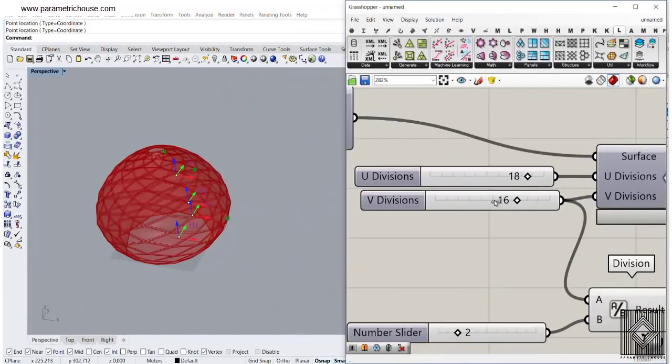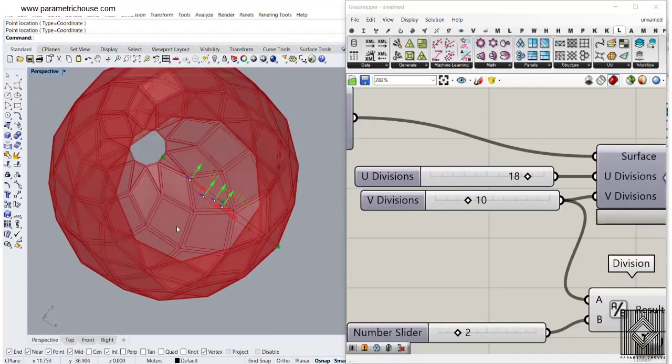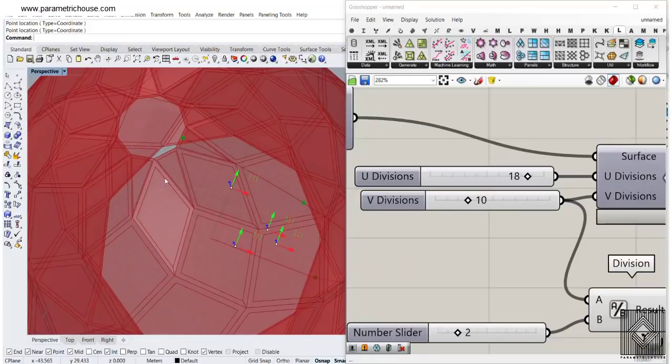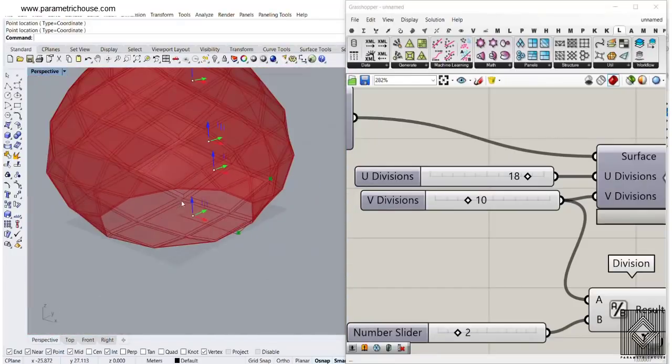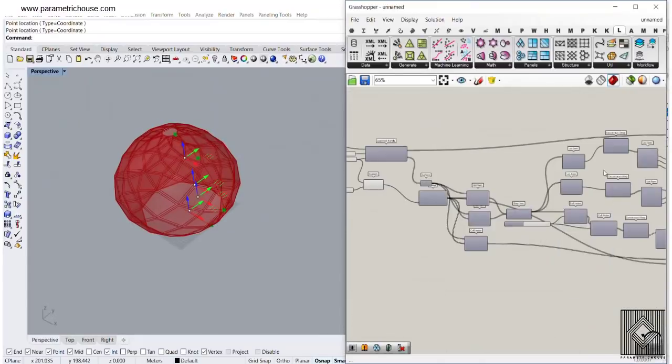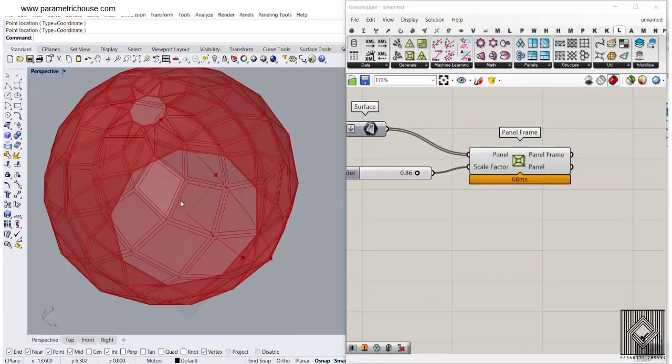That's it for today's tutorial. And you can see how easy it is to produce a diamond panel with exact panels right here. You can also use offset if you want to have exact distance on that. But for now, you can see how easy it is to produce those panel and frames there and have them